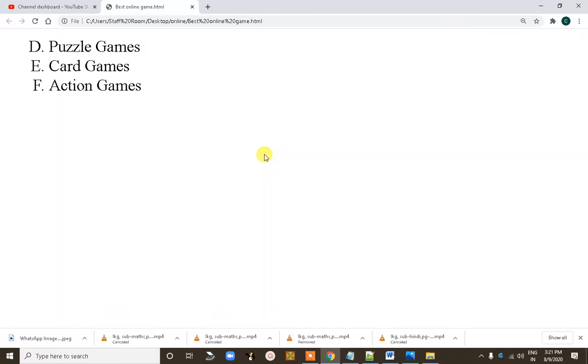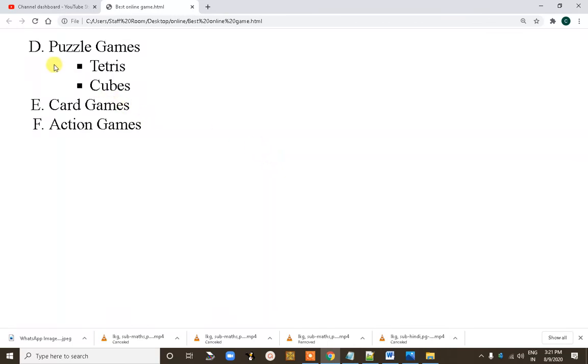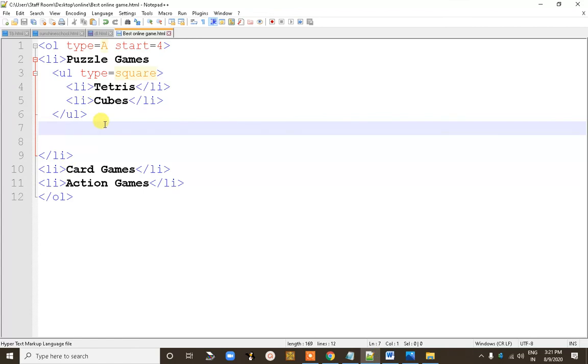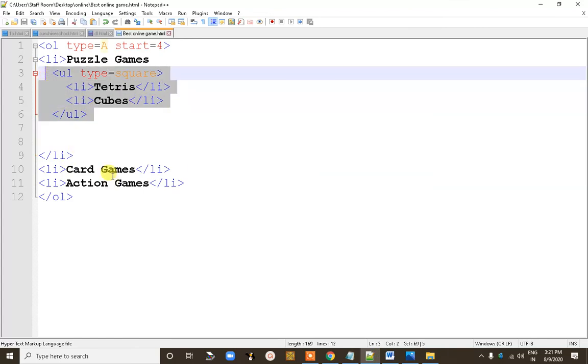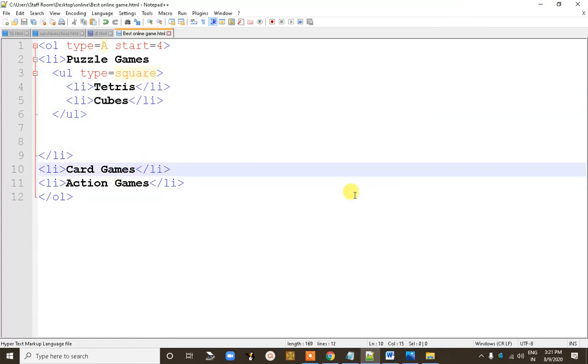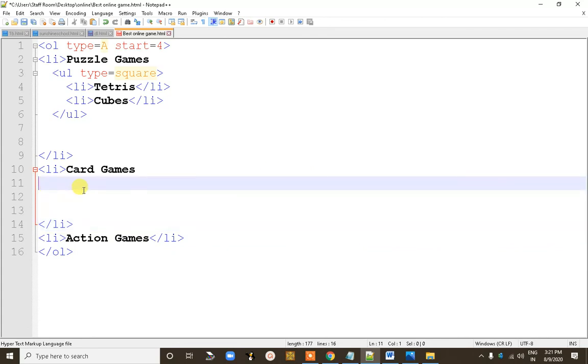See the output. Now see, the puzzle is coming, then Tetris and cubes. In the same way we can do it for card games and action games also. So we just have to copy this into the card games also. Card games, here copy paste.